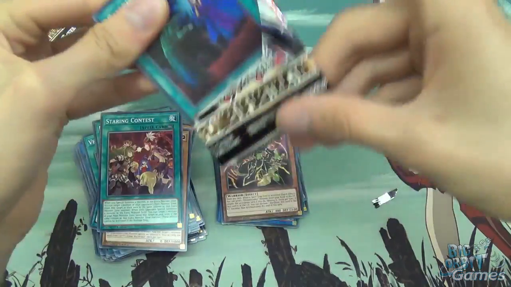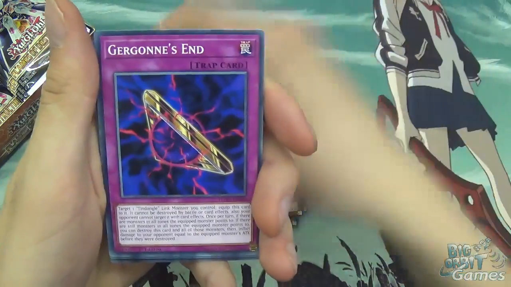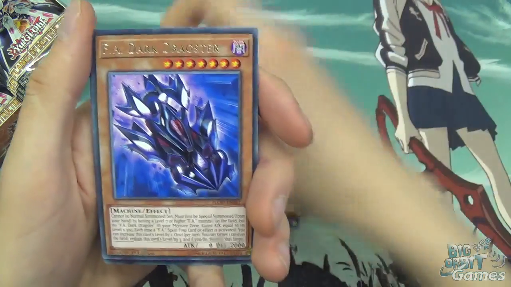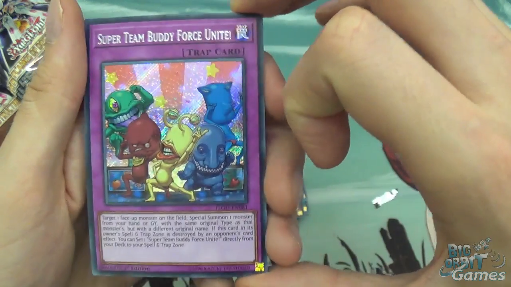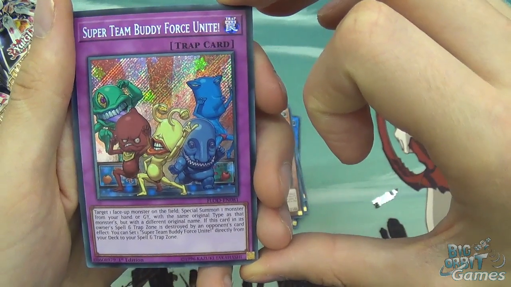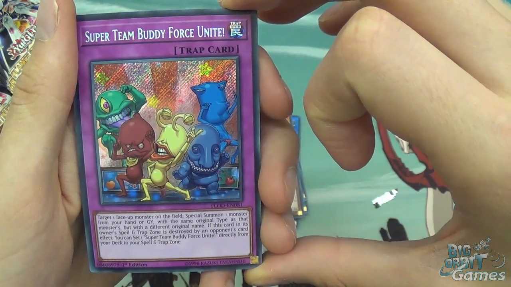And Called by the Grave, Kaiden Kendo Spirit, Gorgon's End, FA Dark Dragster, Super Team Buddy Force Unite. Target one face-up monster on the field, special summon one monster from your hand or graveyard, with the same name